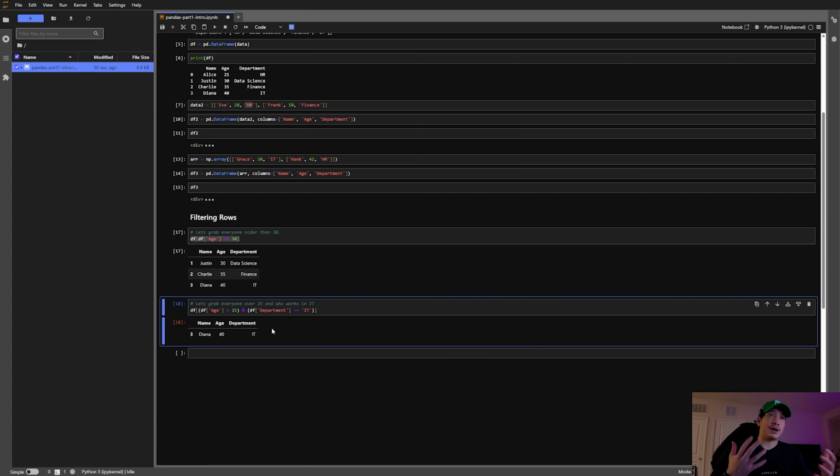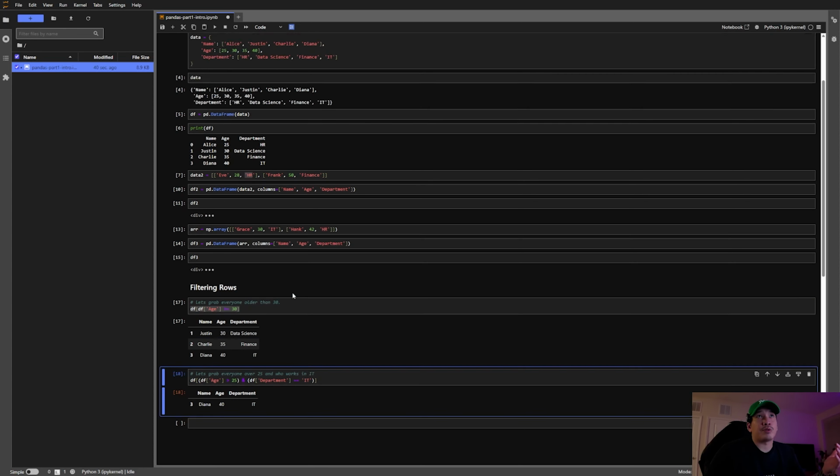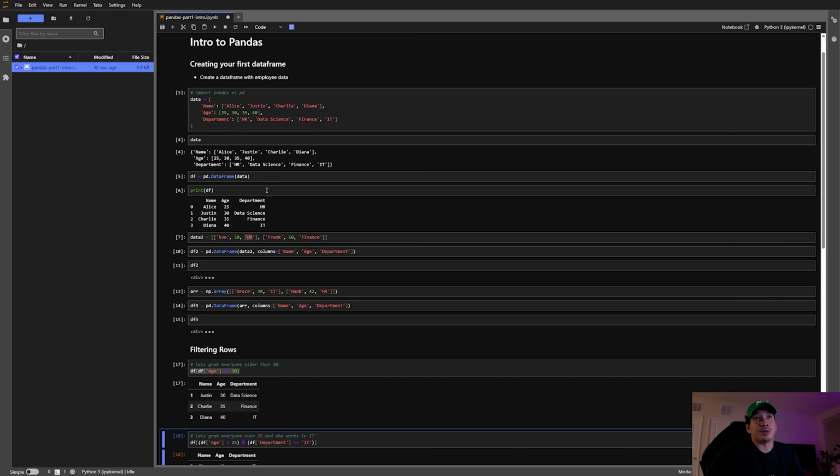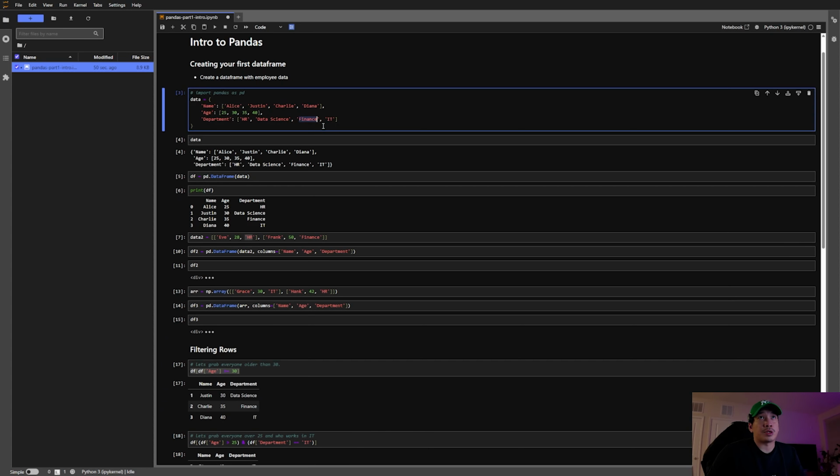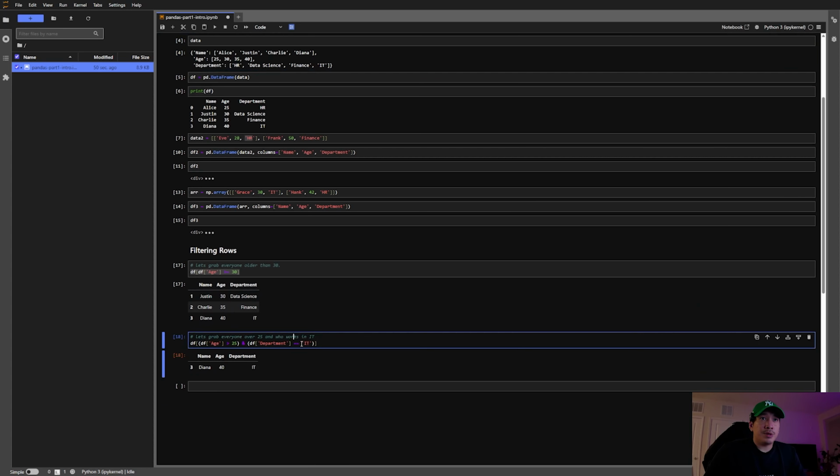But then again, we only have 4 rows of data. In many cases, especially if you're dealing with a ton of data in your data set, you'll be able to filter it by doing so, right? So this just grabs everyone over 25 who works in IT. And if we were to assign, let's say, Justin or Charlie also works in IT, we should be able to grab,